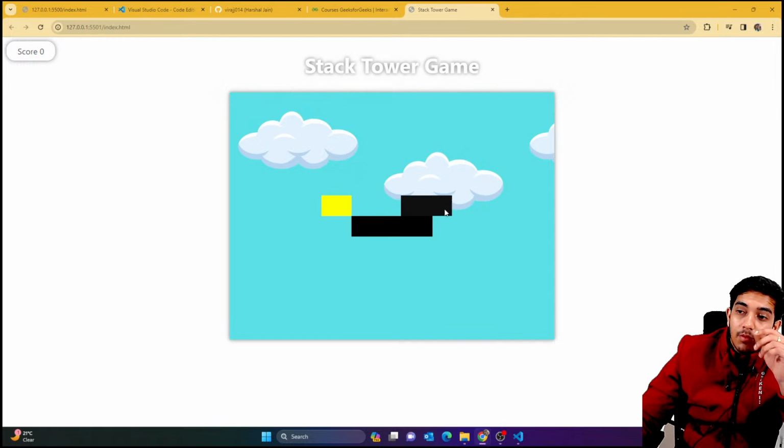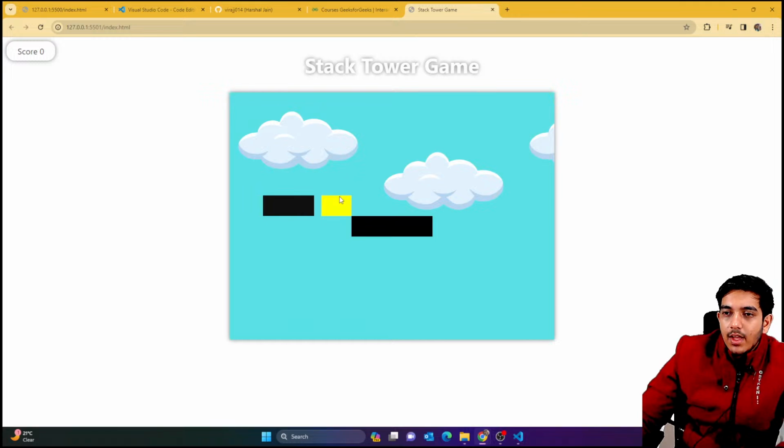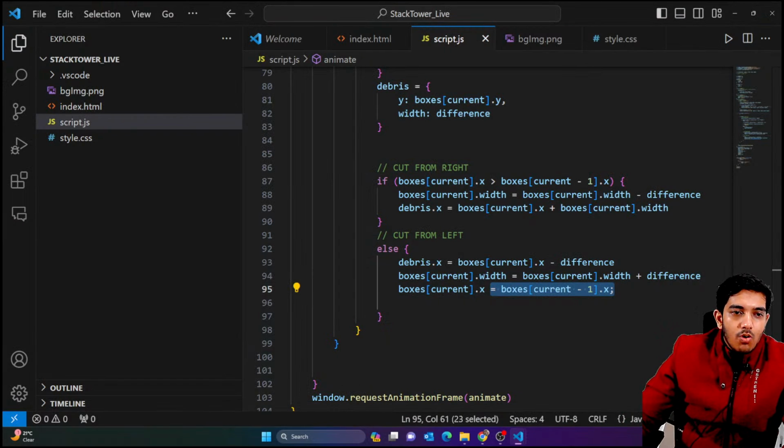Actually we don't need to restart the game. We have to create a new box after this. And we have to make the debris fall. Right now the debris is not falling, so let's make the debris fall. So for that we will say,